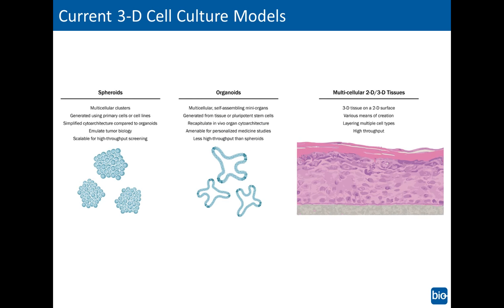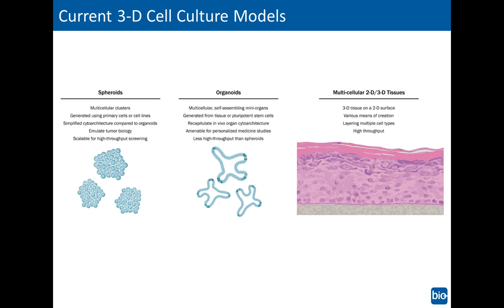And so there are a few different 3D cell culture models, the most popular being spheroids, organoids, and 2D, 3D tissue hybrid systems, which are based on air-liquid interface cultures. So spheroids are probably the simplest system. They're multicellular clusters, typically generated from primary cells or cell lines. A good example of this is the HepG2 cells, which are used to model liver-like